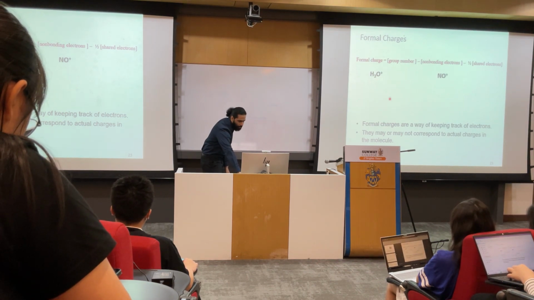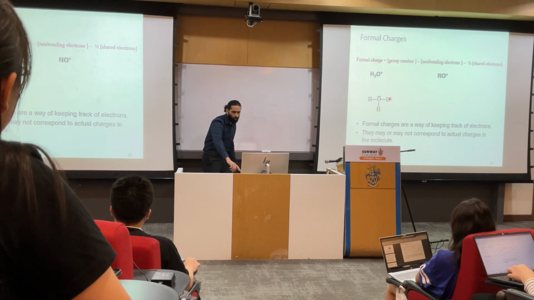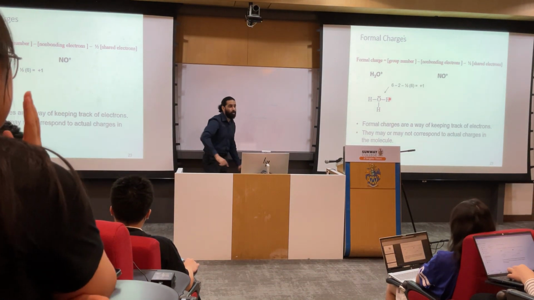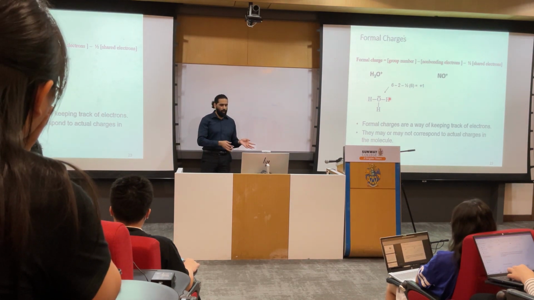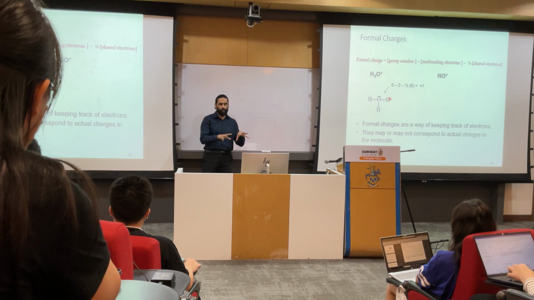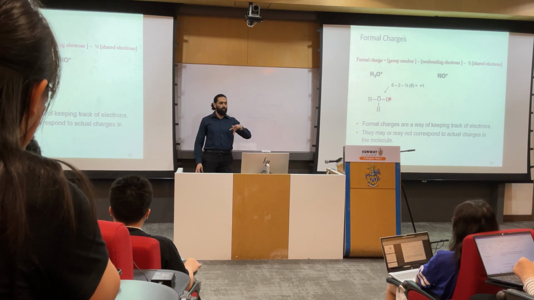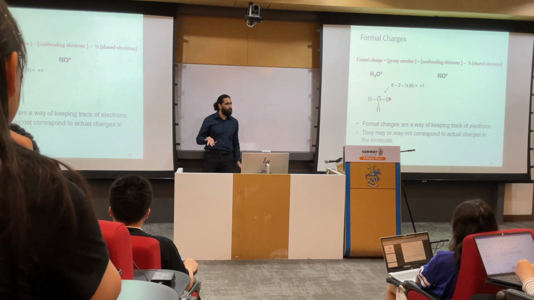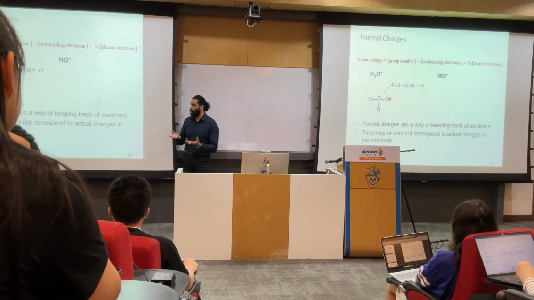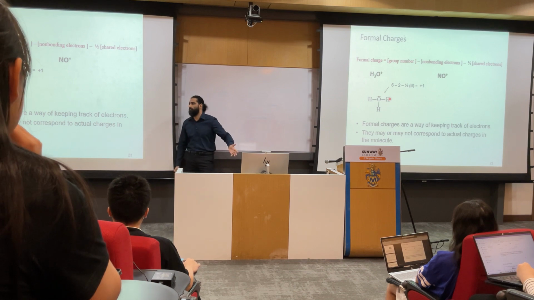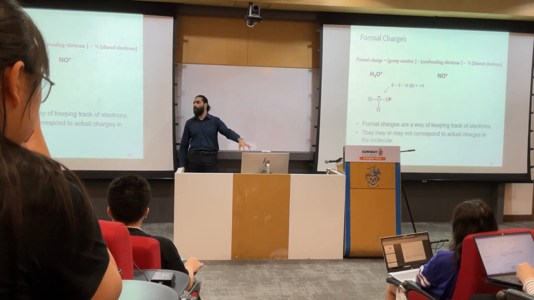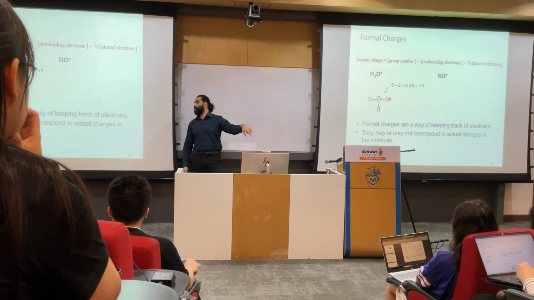Right, so here is an example of hydroxonium ion, which is H3O+. So we have drawn the Lewis structure, and then we are just putting these numbers in the equation to calculate the formal charge for any given element. So in the question, the examiner should ask you which element you need to calculate the formal charge for: oxygen or hydrogen? In this case, we are calculating the formal charge for oxygen.